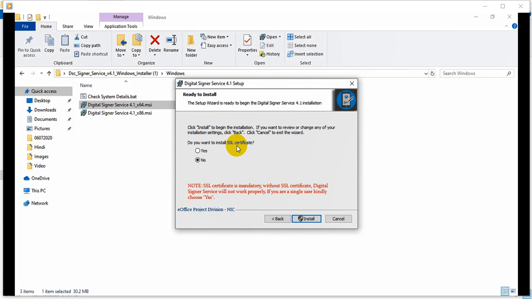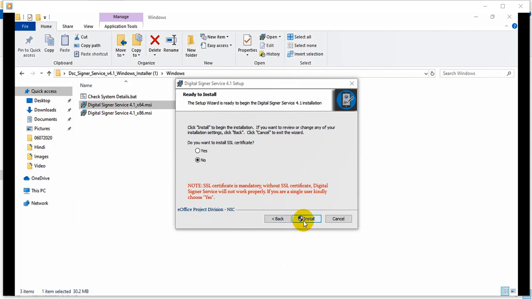But to make it clear, if we do not select the yes option and go to install, what happens, what it shows, what issues will come, and how to come out in those scenarios. Like if anyone already has the DSC signer service and is getting this error, then what options does he have? So we'll do troubleshooting. So I'm currently keeping this as no, and let's click on install to see what issues come in front of us and how we will come out of those issues. That will make us more confident about this subject, and we will learn about troubleshooting also.